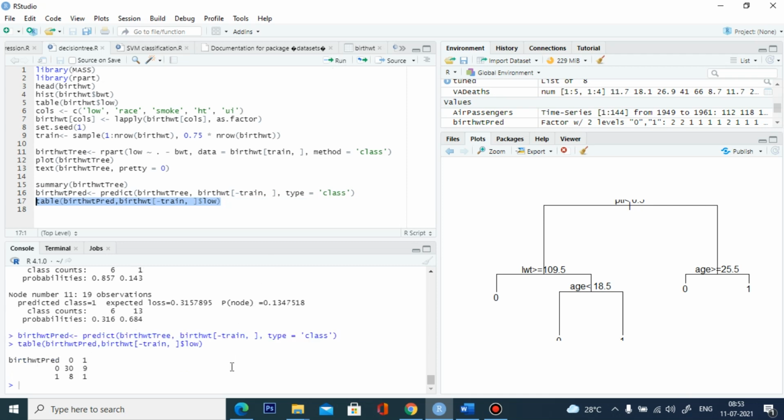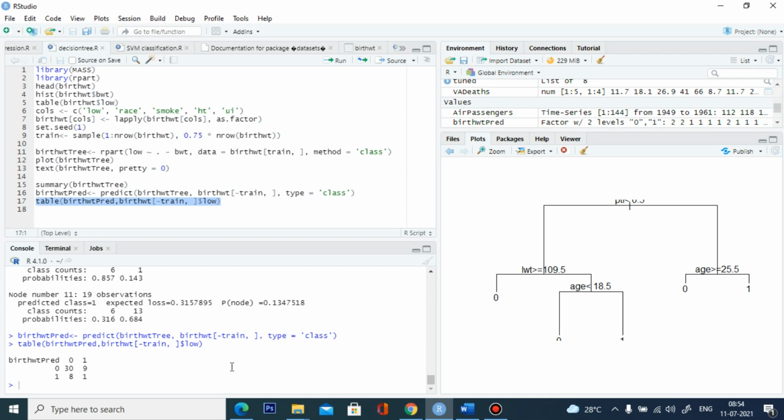Okay. So here in our birth weight prediction, in low weight, we are predicting correctly 30 and 9 are not. So 1 is nothing but the child is low weight, less than 2.5 kilograms. Out of 9 observations, we are predicting correctly 8 observations.